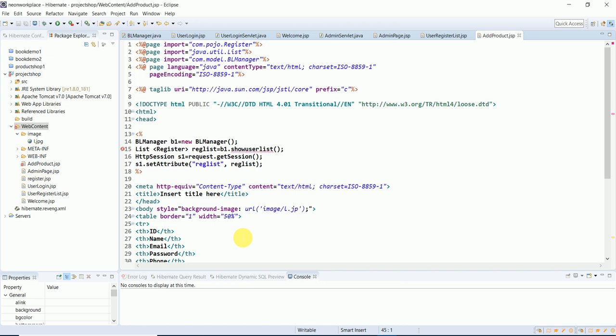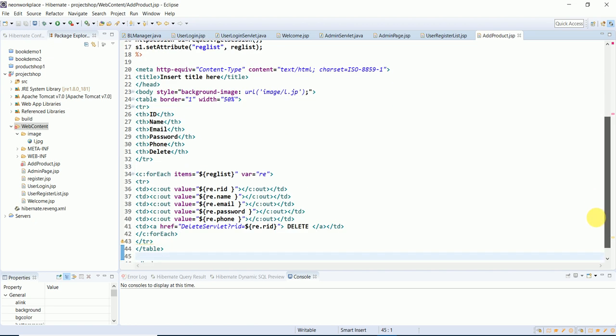Now in the body you have to do certain things. I'll just type it and then I'll show you what these things are. Now here in add product I have written all those lines which were required. Below you can see in the body tag, first I had given the style background image, then